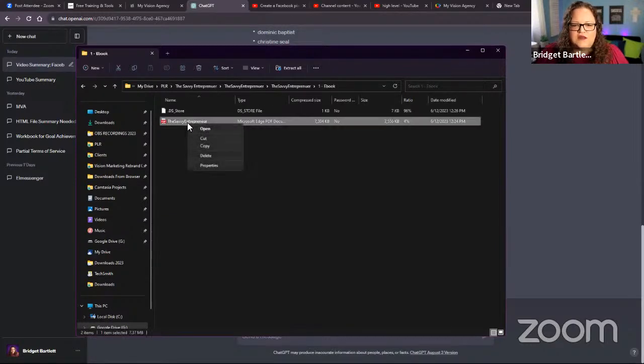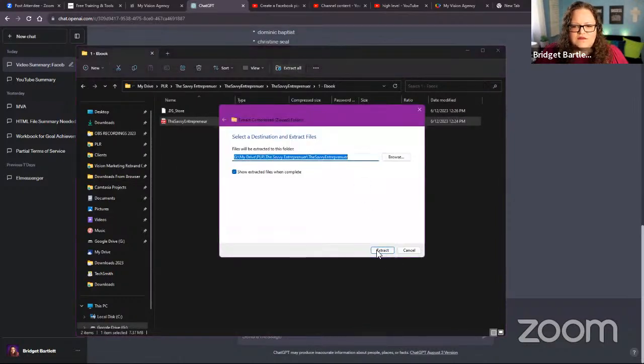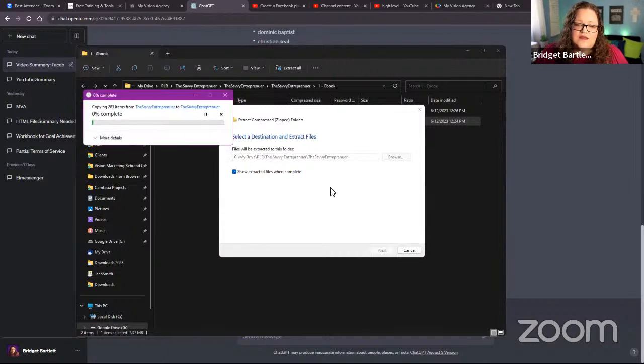Now, when you are sharing from Google Drive, you want to make sure that, oh, this is, of course, extracted. Needs to be not compressed, for one, if you want to share one file. But you do need to make sure that it is a public link and that it is in the editable form. Okay, so it can't just be a viewer for it to read it. It has to actually be edit, and it has to be a public link.